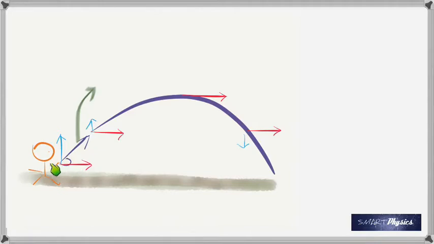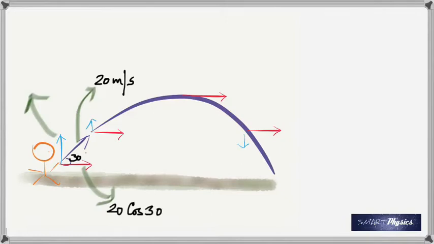The angle is taken with the horizontal. And assume that the velocity is 20 meters per second. So when the person throws the object, it is given a velocity of 20 meters per second. So that's the initial velocity. And this velocity can be resolved into two. The horizontal, which is going to be 20 cos 30,